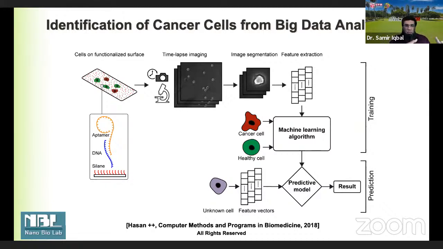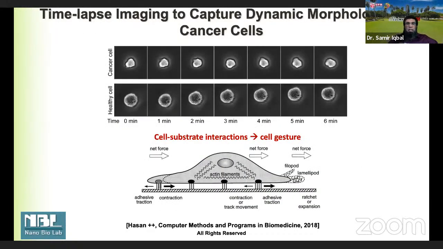So what we are doing is we are using the cells on a functionalized surface, right? Nanotextured surfaces. And we take time-lapse images to record the behavior over a 15 minute duration. And then we take the features of those cells in those images to quantify what we call gesture, right? Gesture, like I'm moving hands and making gestures. And those cellular gestures were used to train the system and to build a database. And that training database then resulted in quantifying this behavior of cell binding that we were talking about in the earlier slides, right? So it's the same picture at the lower level.